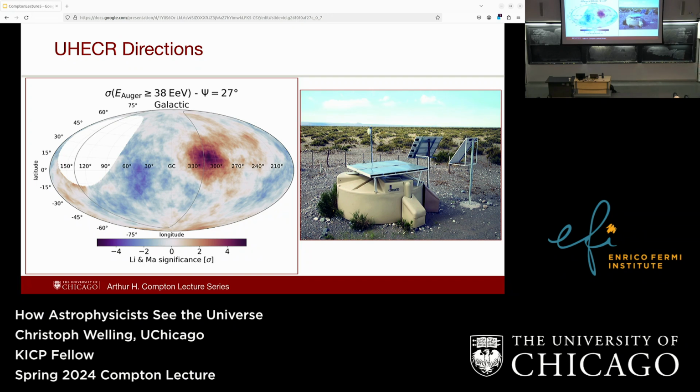Because of that, the Pierre Auger Observatory now has this upgrade where, in addition to the water Cherenkov detector, they have one of these scintillators on top. With this, you could identify muons separately from all the other parts of the shower. So for every cosmic ray that Auger sees, you could get a good estimate of its chemical composition, and then you could pick out your lighter elements, and then hopefully this picture gets a lot better. But that's currently being built, and it's also going to take a while for them to see enough cosmic rays to actually do this.